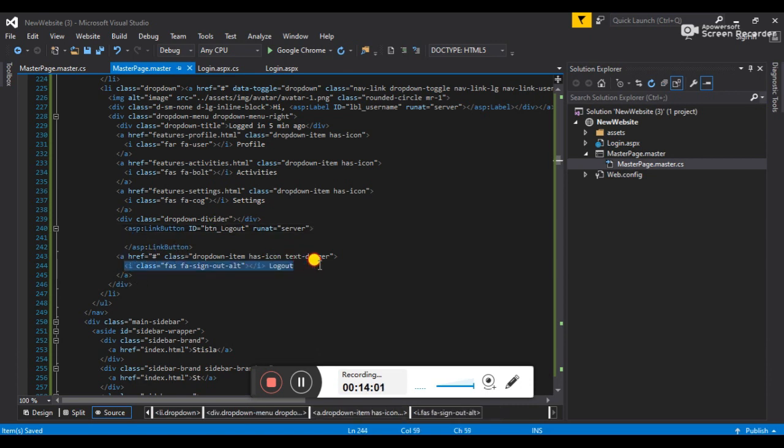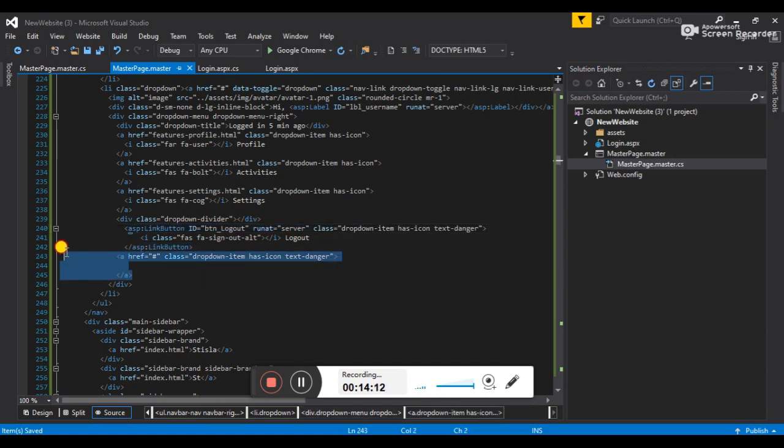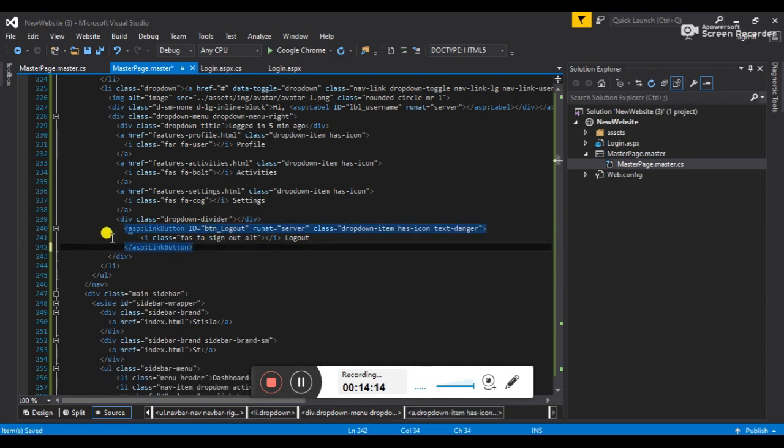Then I will cut this and paste it here, and this class also pasted here. Then I will cut this href. Okay, and it's done. Now we will create the on click event of it.